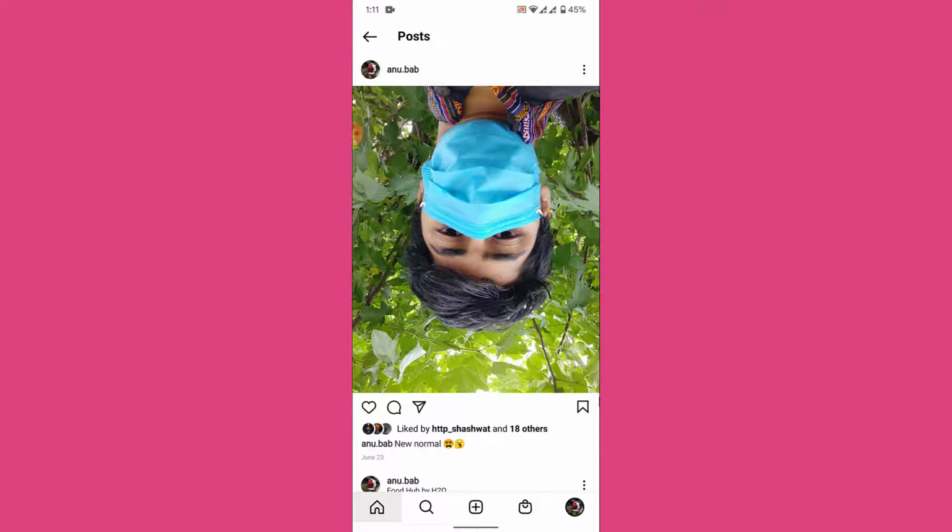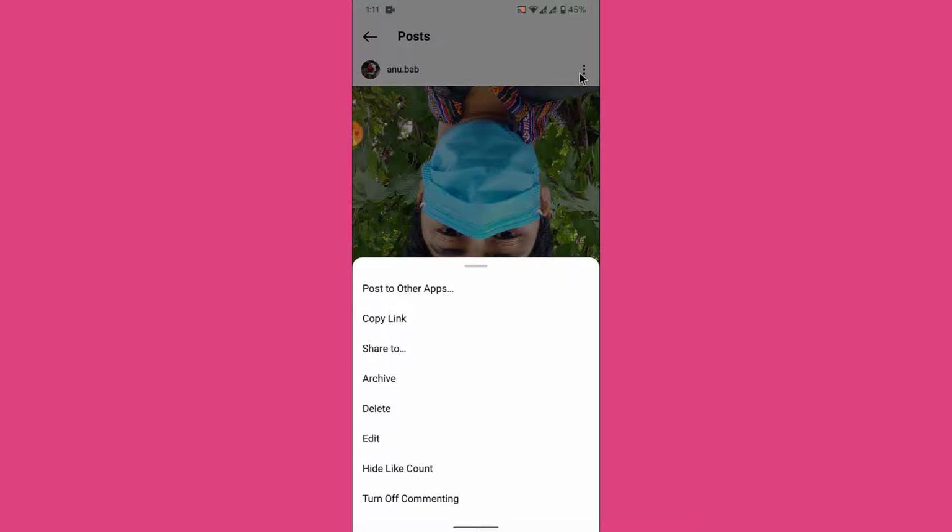Once you open the post, what you want to do is tap on the three dots above the post. Once you tap on the three dots above the post, a pop-up menu like this will open. From here, the last option you'll see in this menu will be labeled as turn off commenting. So to disable commenting in an Instagram post, what you want to do is tap on the